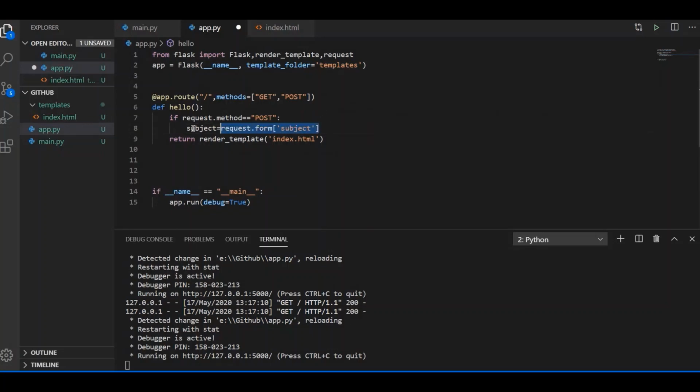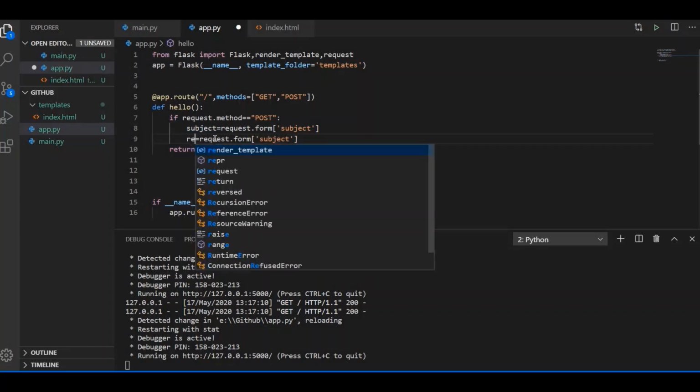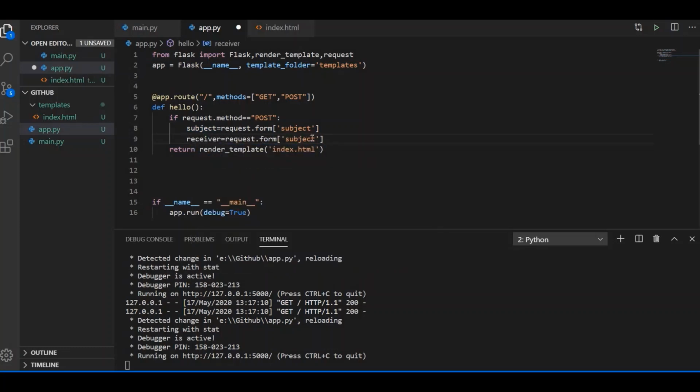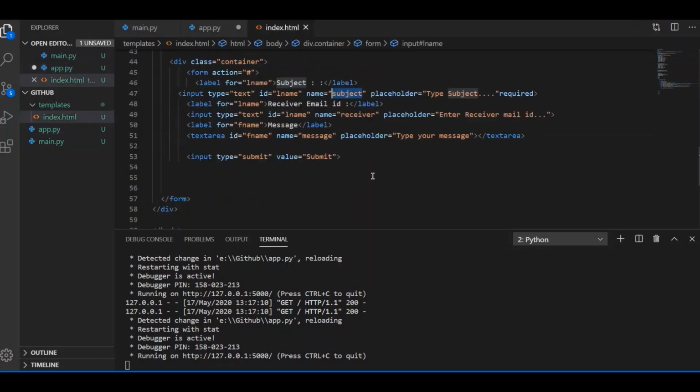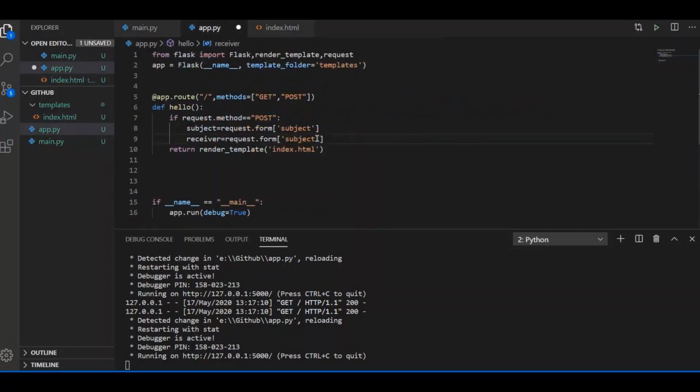Same with the case of receiver email ID. So I will just copy it and name that variable. We are getting the data from receiver email ID, so I will choose receiver here, and let us see what name is given here. Here also the name receiver only is given, so I will use receiver here.